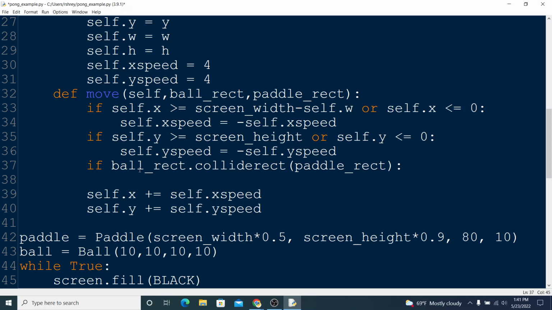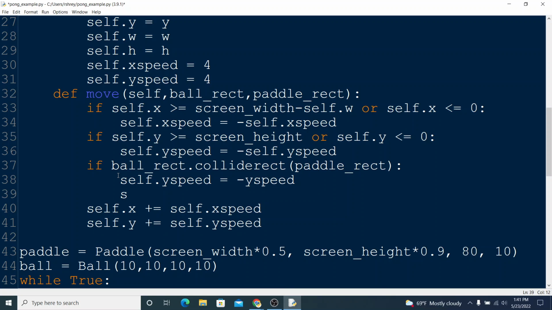Just, did this collide with this? If that's true, we want the ball to bounce. So I'll say self dot y speed equals negative y speed, and